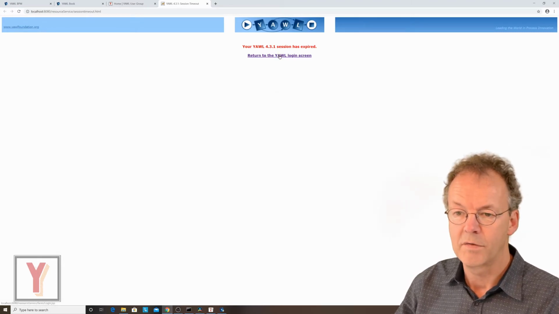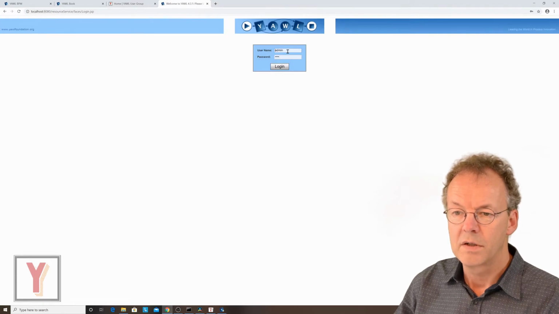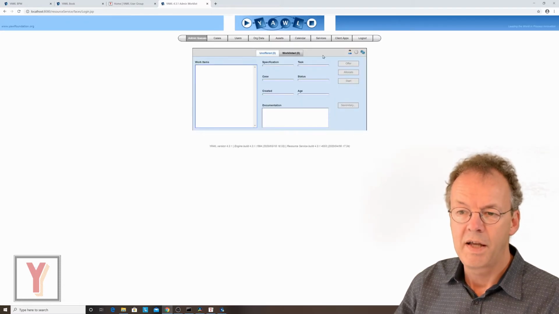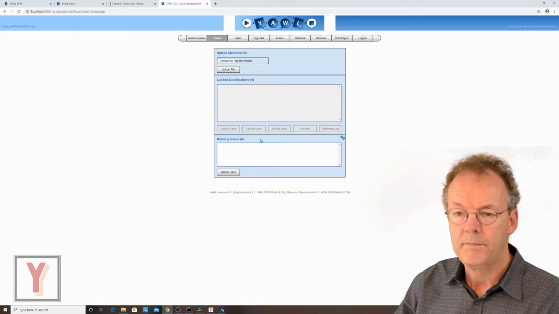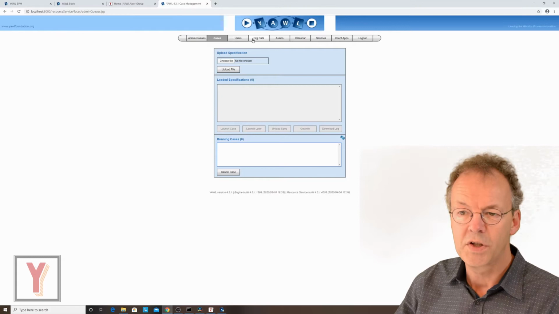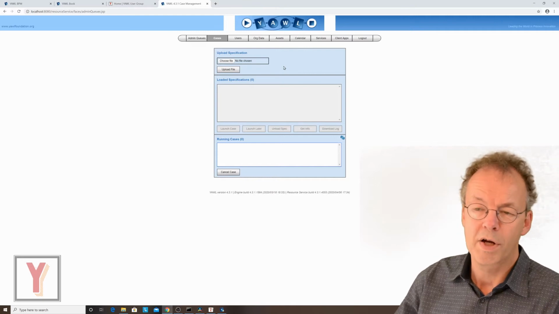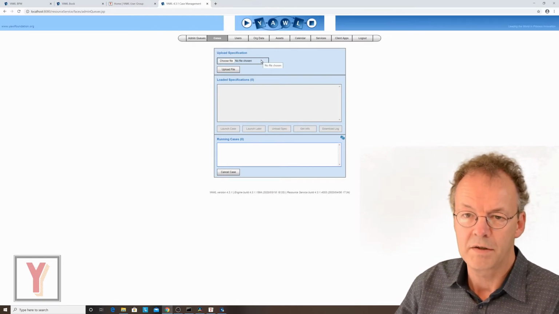Remember, this is the Tomcat server. And we just log in with admin and password YAWL, with capital letters, all capital letters. This is the standard password. And then we get to this screen here and we can have a look at our cases. Currently, there are no cases here because we didn't start anything yet. We can administer users, organizational data, and many other things. So we will cover that in a later video in more detail.